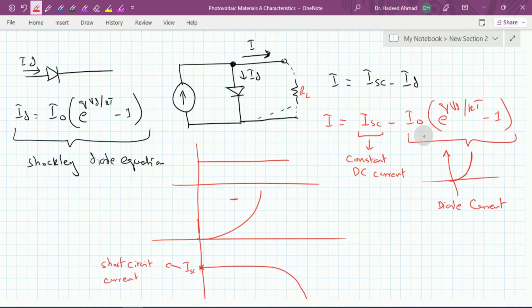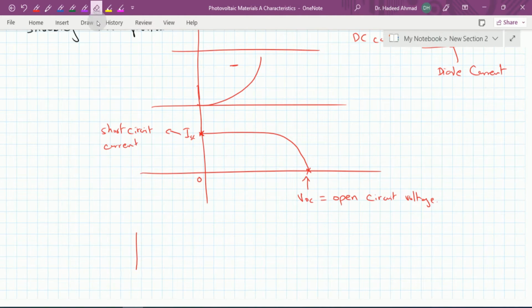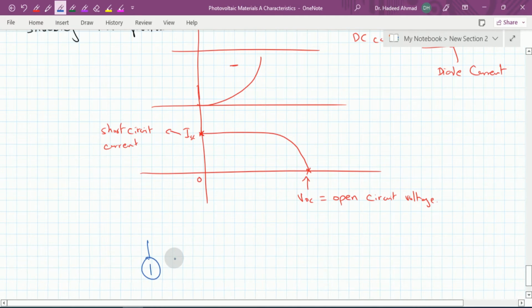So if the load is removed, such that we have nothing connected across the PV cell, for instance, let me draw this one here. This is ISC, and here we have this diode,